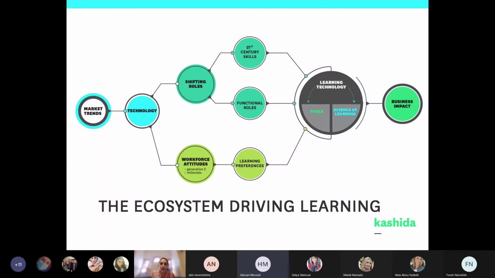I'll move back a little bit to explain how market trends and the landscape of job markets right now are set up, where there are so many advances in technology, and I'm saying technical technology, interaction, communication, all of that. What has happened is that there are shifting roles in the job market, but also a generation with a different attitude.